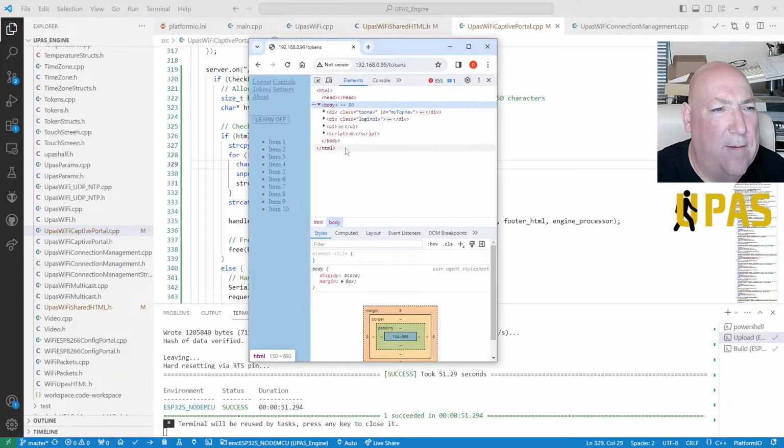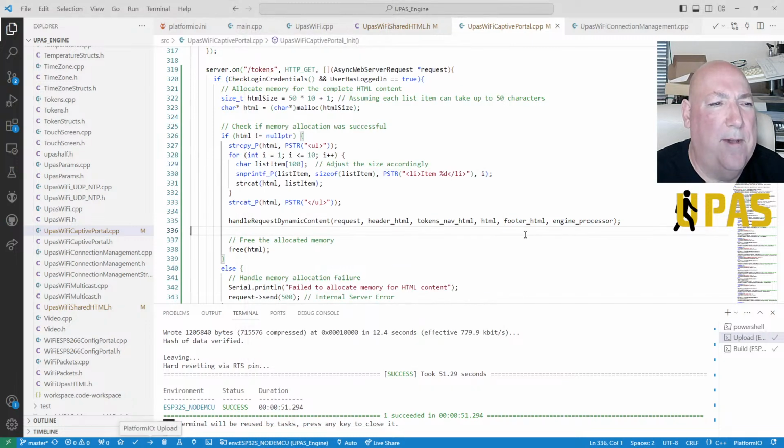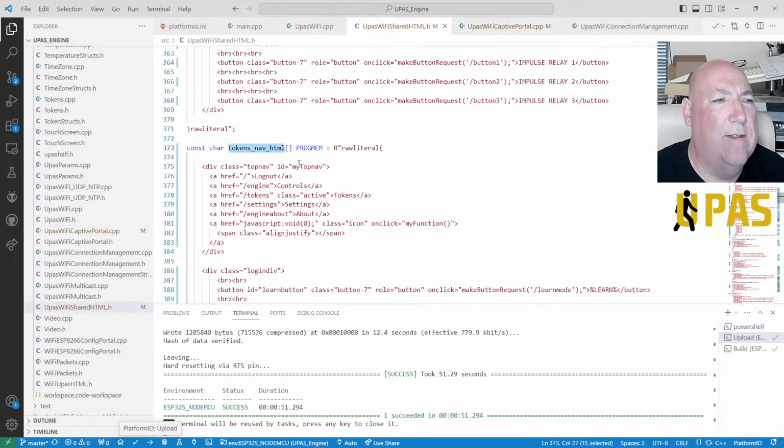We've got body, we've got script, we've got our unordered list, we've got our top navigation. We've got no head, so it doesn't know. For some reason it's losing the information for the head, which is built into the header HTML.